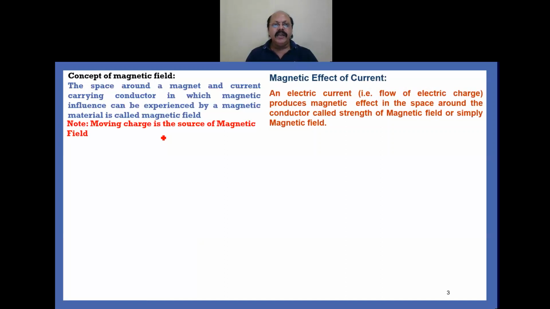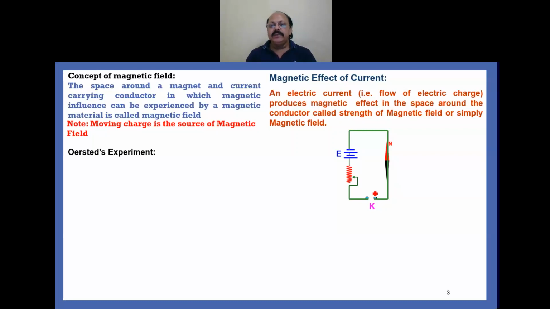Now, what is the Oersted experiment and how do you understand the magnetic effect of current? Here you see that a conductor which we have taken is connected to a battery. This end of the conductor is connected to the negative terminal of the battery, and this end is connected to the positive terminal of the battery along with the rheostat and a key. As you see, a magnetic needle is placed just below the conductor. At present, the key is open, so no current is flowing through the conductor. So that's why there is no deflection in the magnetic needle.